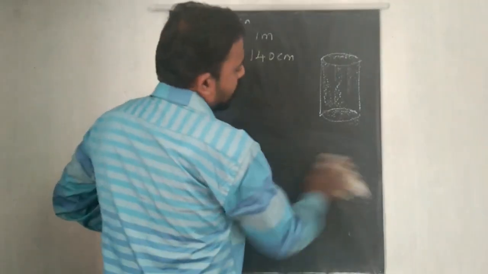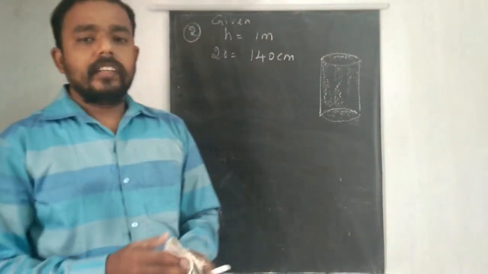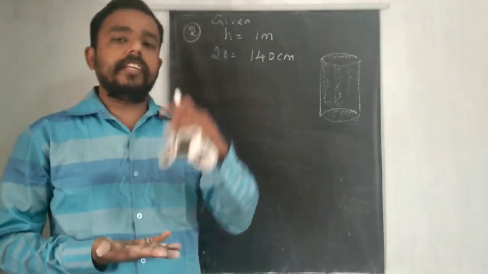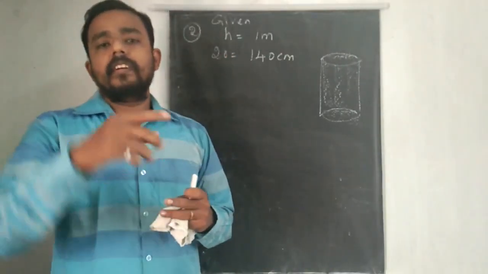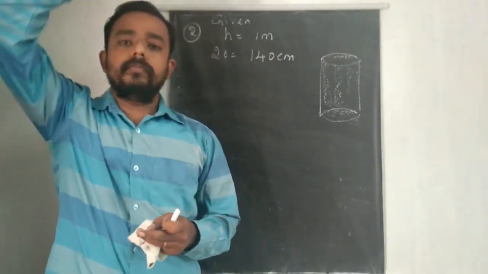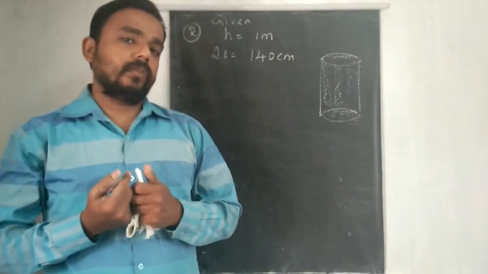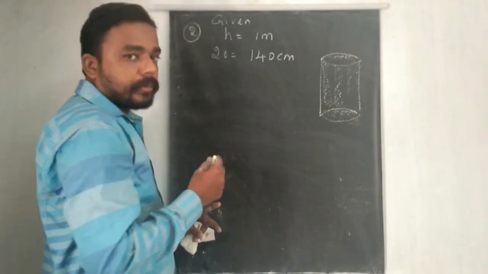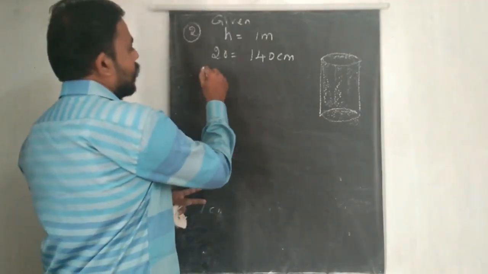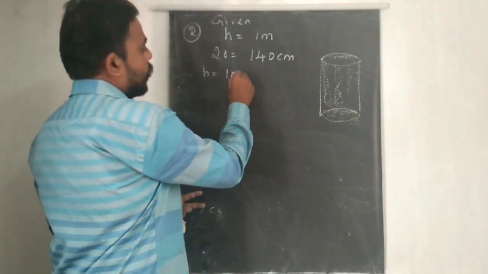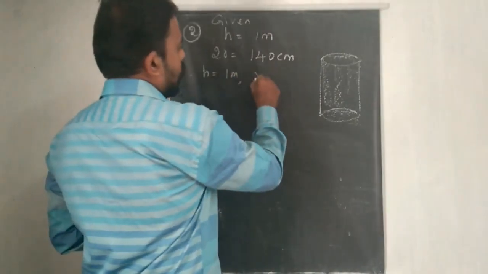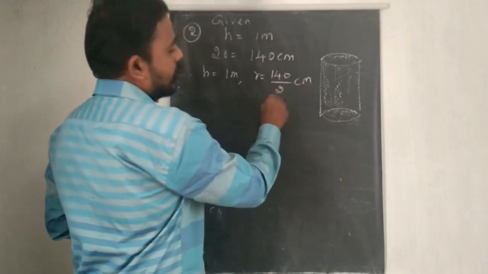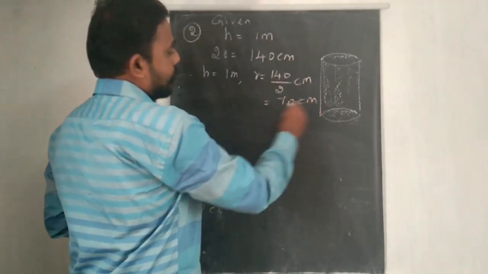So now we just need to find the square plate. You know that we can form a closed cylindrical form by using plates. We need a bottom also circular, top also circular, sides also circular. Right. So we need to convert into meter. Therefore H is equal to 1 meter, okay. R equal to 140 divided by 2 centimeter, that is 70 centimeter.